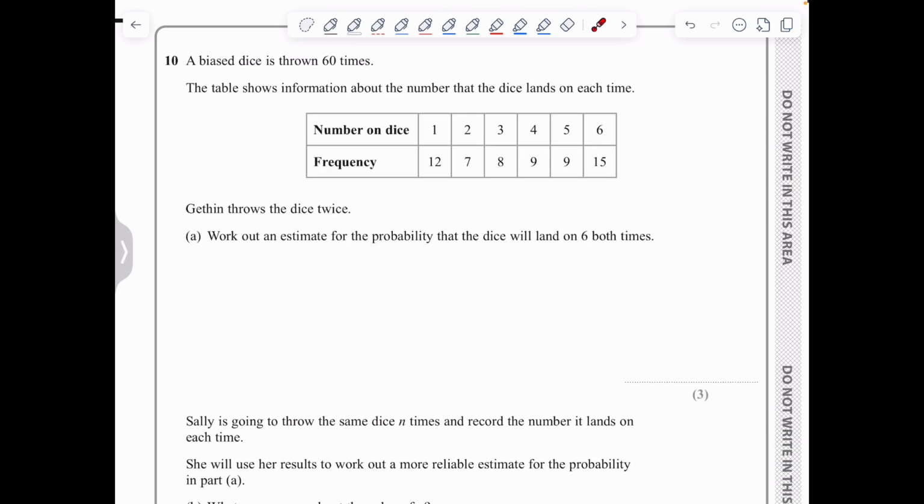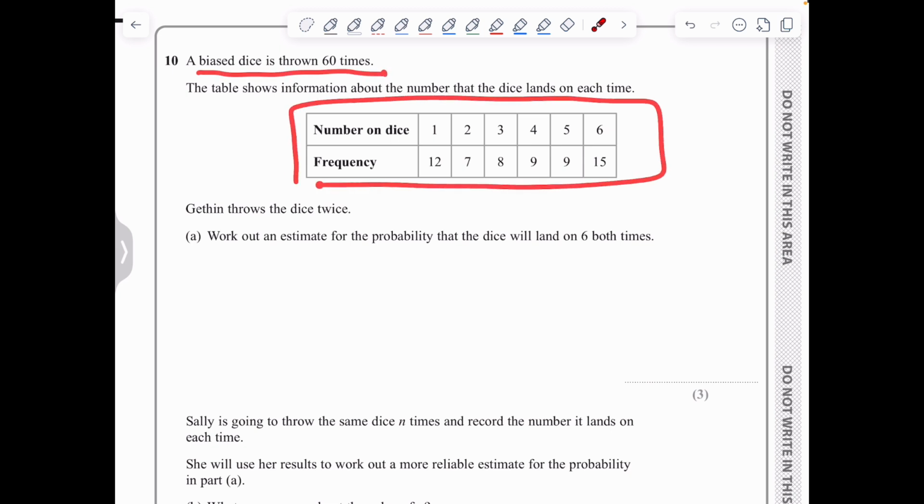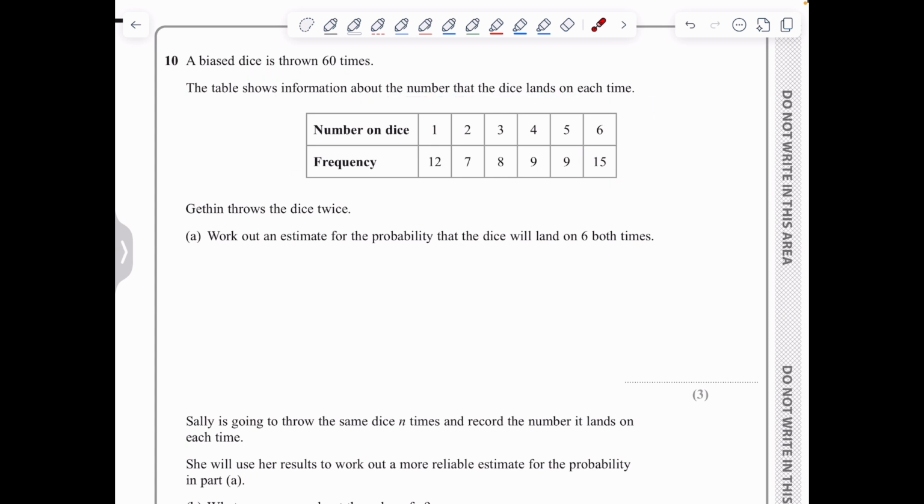In question 10, we've got the biased dice thrown 60 times. The table here shows information about the number that the dice lands on each time. Now we throw the dice twice and we need to work out an estimate for the probability that the dice will land on 6 both times. So we can see out of a total of 60 rolls, 15 of them gave a 6. So according to the observed information, the probability of getting a 6 is 15 out of 60, which of course